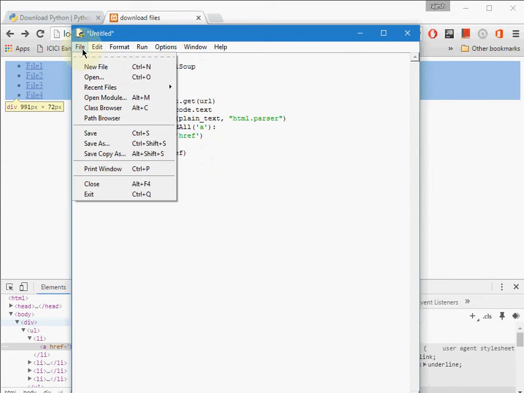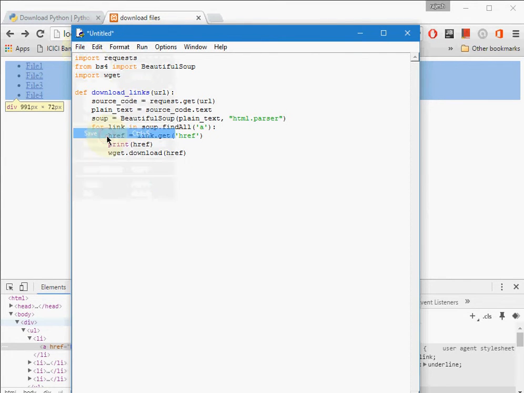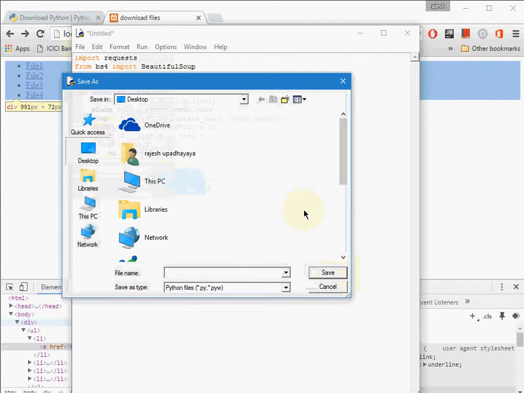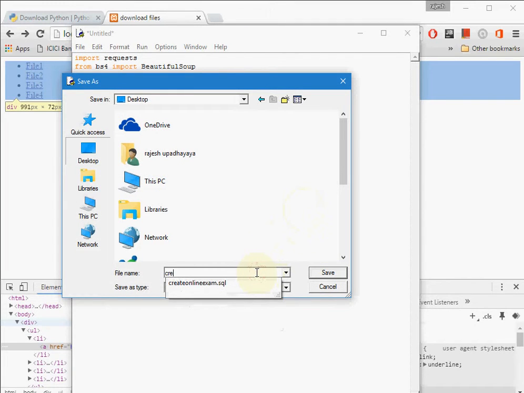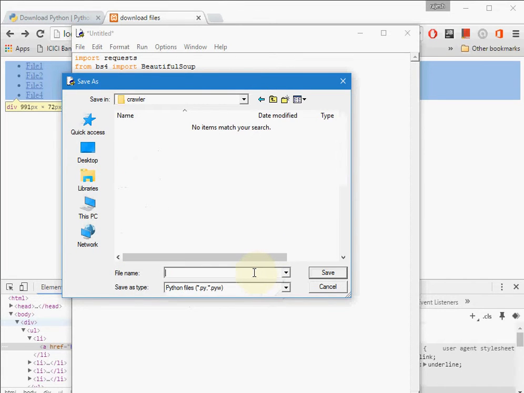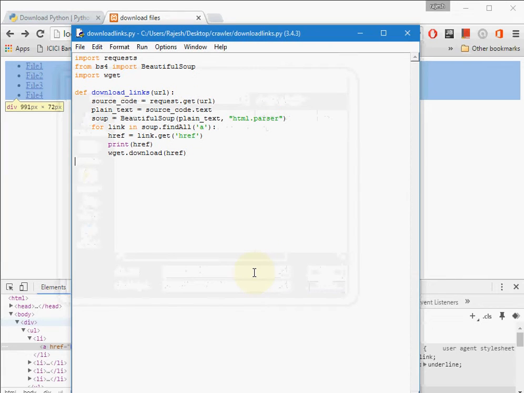So now we need to save this file before running it. So Control S, you can directly do a Control S, and I already created a folder for it. Save it as any name, you can name it download links. Now you have created the function.